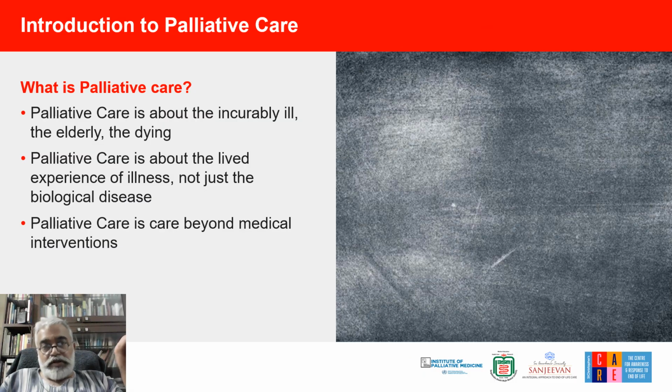We all know that palliative care is the care of the incurably ill, the elderly, and the dying people. The important point here is that we are talking about the illness and not just about the disease. A disease is a biological dysfunction, but the illness is what the patient experiences. So we are talking about illness and not just the disease. There are many factors in addition to the pathology of the disease which contribute to suffering and the experience of the illness. This obviously means that we have to look beyond the medical and nursing interventions to keep the patient